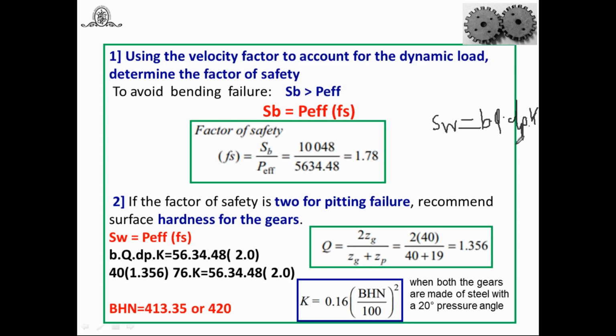And yesterday I told you, in this problem the pinion is weaker. That's why we are designing for the pinion. But while using this expression of wear strength, even though the gear is weaker, here also you have to use dP. Try to understand. Don't change to dg here. It should be dP. Don't make any confusion. Even though the gear is weaker, the equation remains the same: B into Q into dP into K. Students are making mistakes here. If the gear is weaker, they change dP to dg. Don't do this. The equation always remains the same. So I have written B Q into dP into K here.